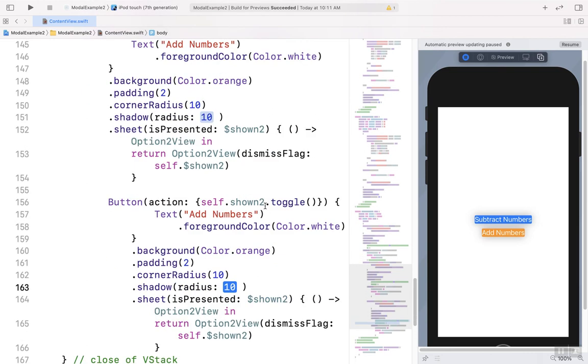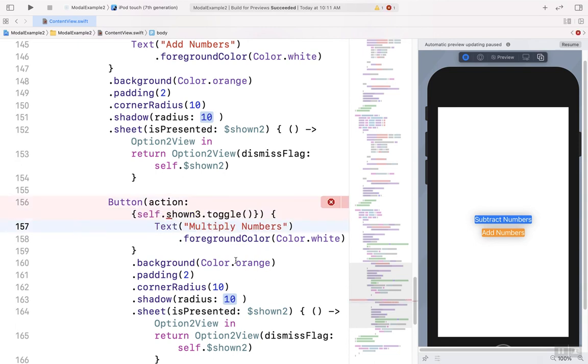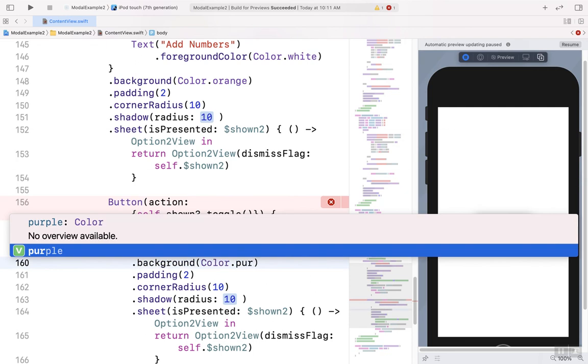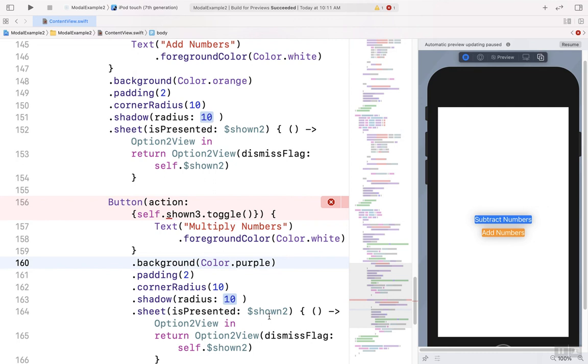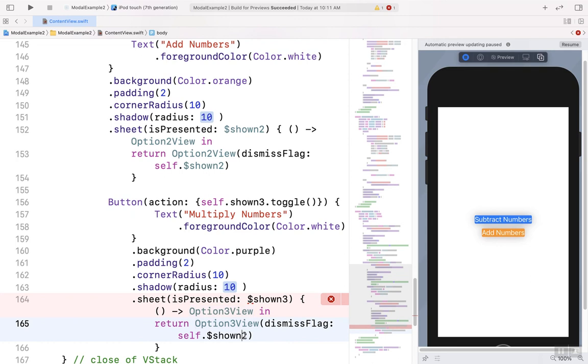Okay. I'm going to have a new state variable, shown 3. I think we established I need that. And then multiply numbers. Instead of an orange background, let's make it a purple. If purple's a color, yeah, it is. And this will be shown 3. This will be option 3. Obviously, a better one would be like product view, sum view, difference view, but